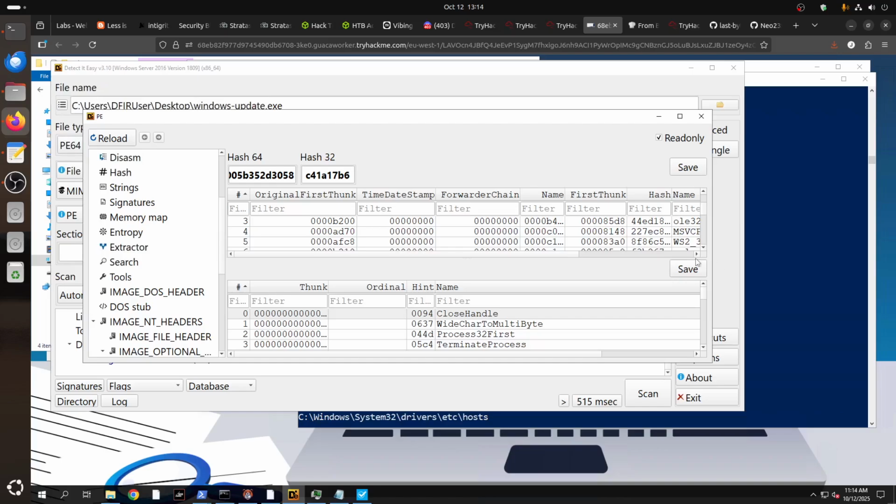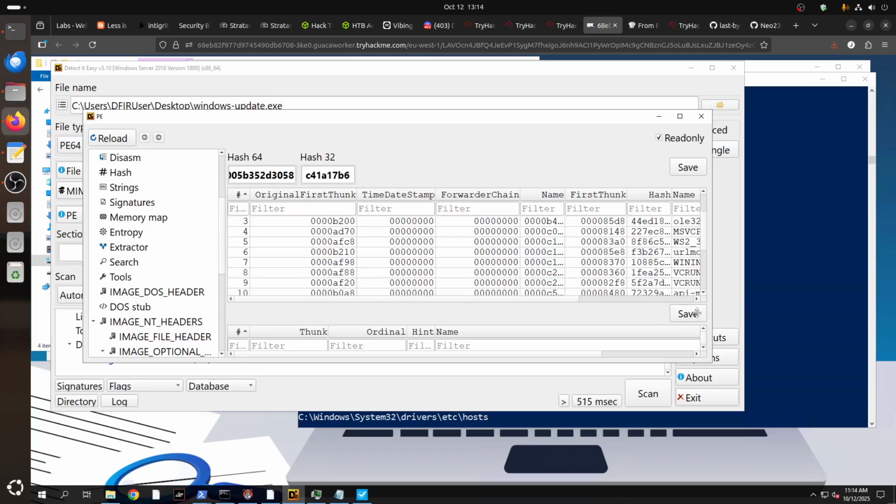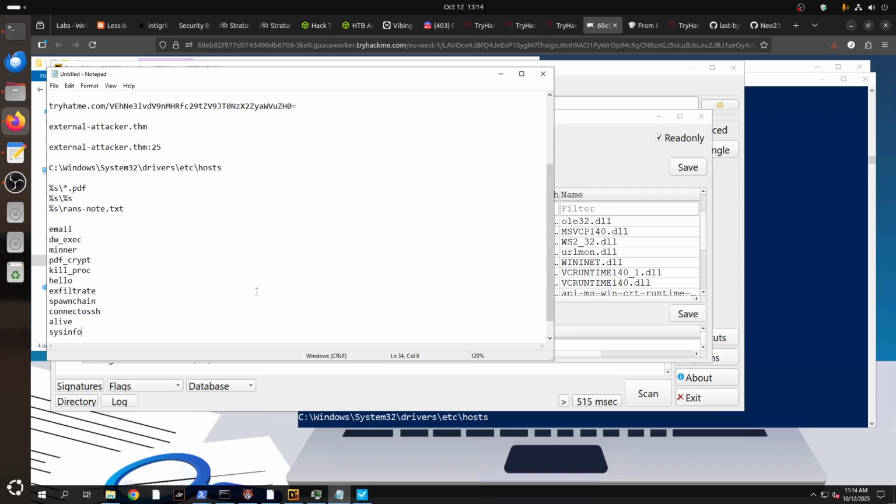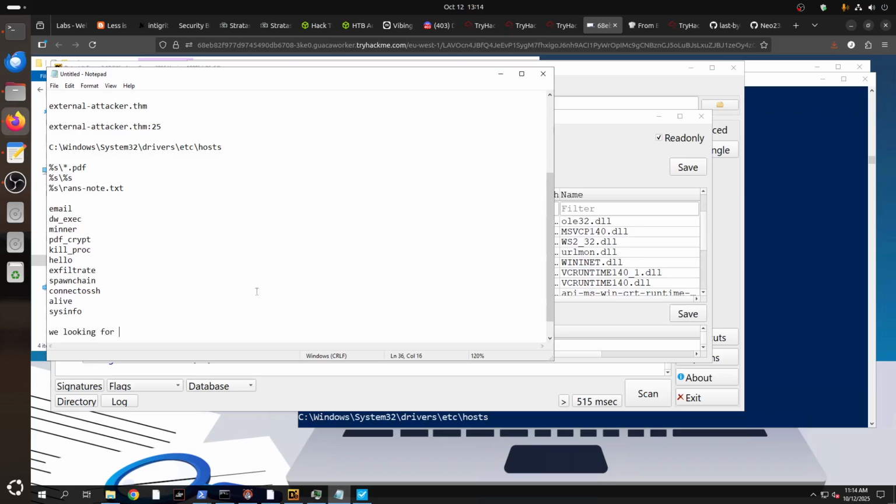Oh, it's important. You see, this is what's important. The question is, we're looking for which one has any of these functions. For example, names like WSAStartup, and looking for bind, listen,